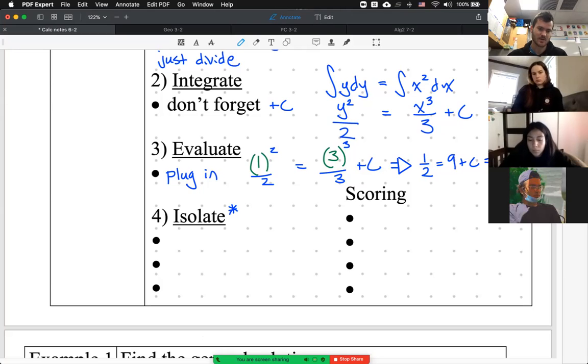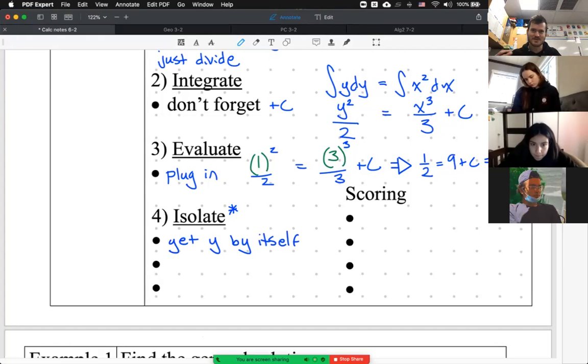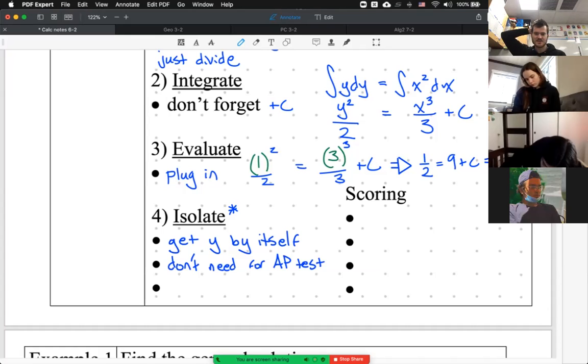To isolate means get y by itself. That's what I mean. You've isolated y, you've solved it. Y equals, there's your equation. You have solved this problem. But you don't need this for the AP test. And this is my inner conflict as a teacher: mathematically, you should learn these things